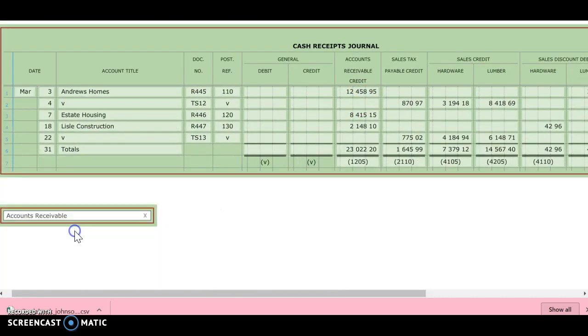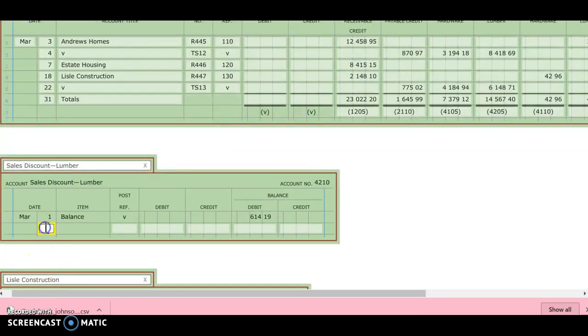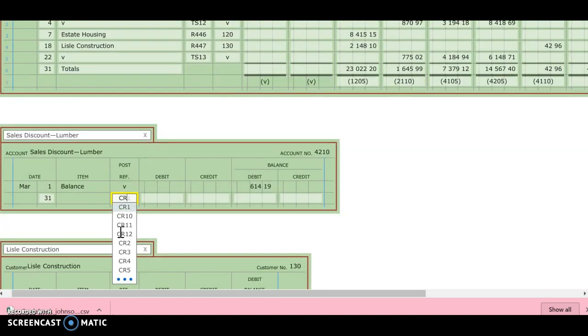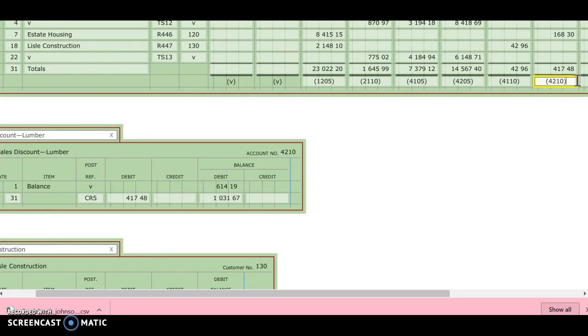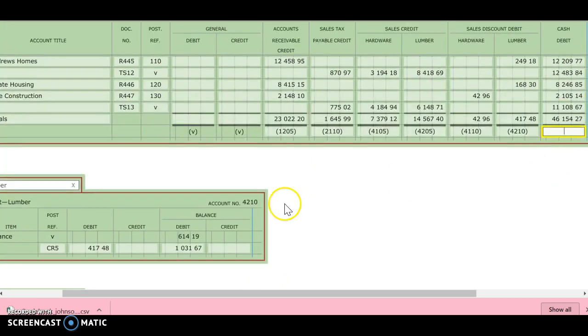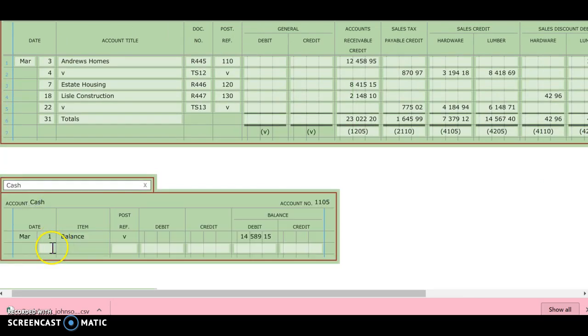Next is going to be my sales discount lumber. 31st, CR5. And I have a debit of 417.48. My new balance will be 1,031.67. Account number 4210. And my last one is going to my cash debit, or my cash account,